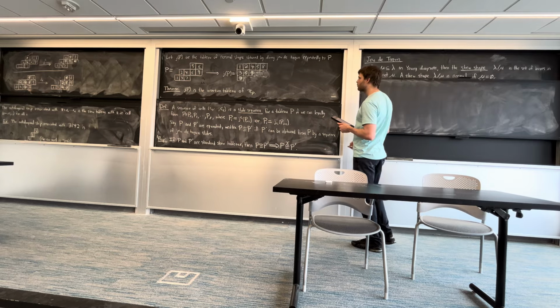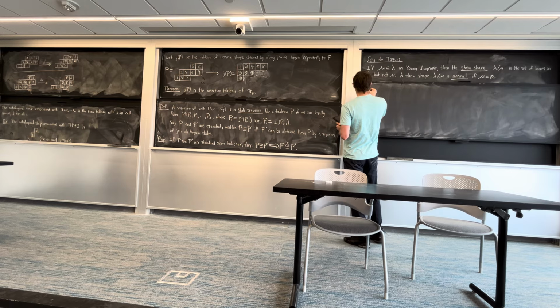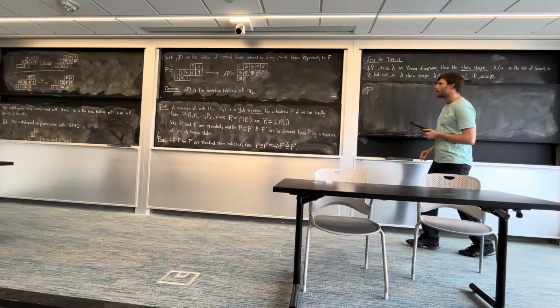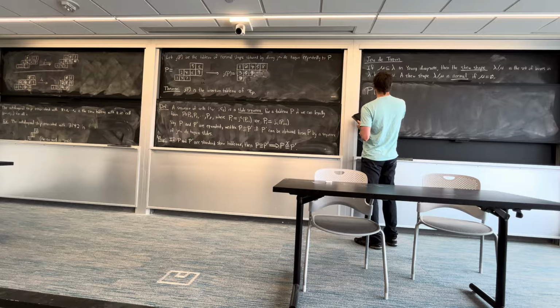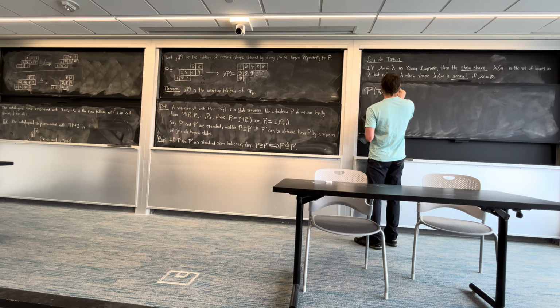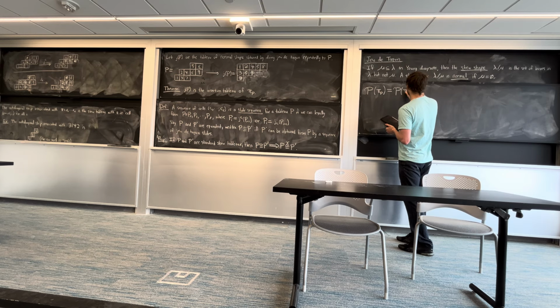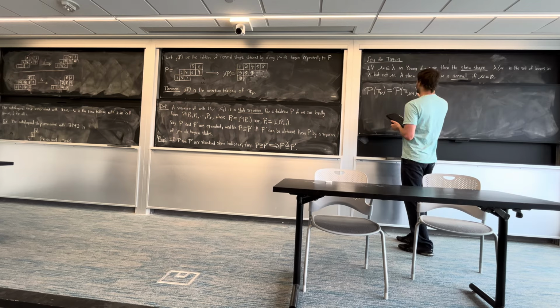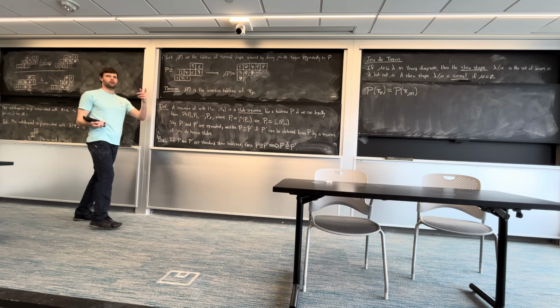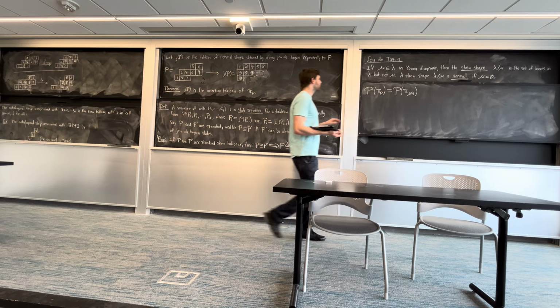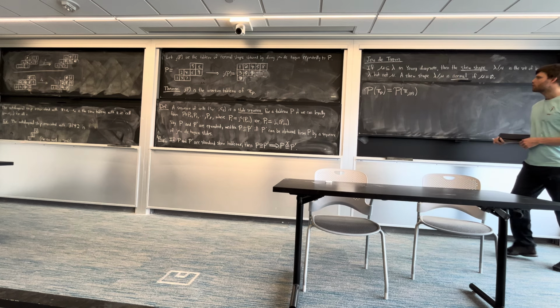Oh, yeah, I have this issue with the P's now. But, okay, so the insertion tableau, maybe for now I'll do a script P. So this is the insertion tableau of the row word of P, which should be the same as the insertion tableau of the row word of J of P, because they're Knuth equivalent according to this. And Knuth equivalence is the same as P equivalence. Okay, so what that means is,